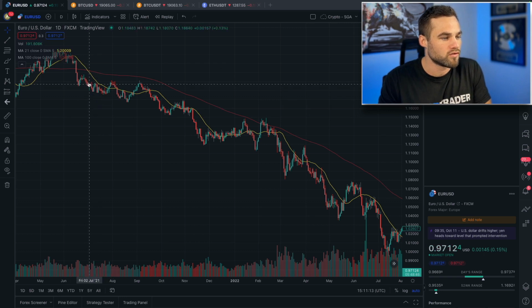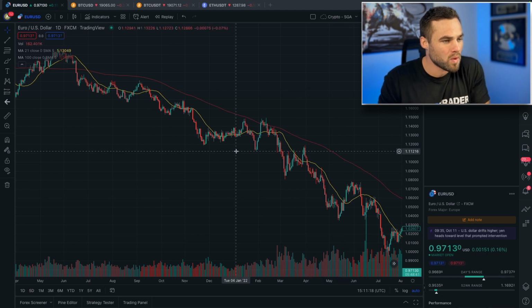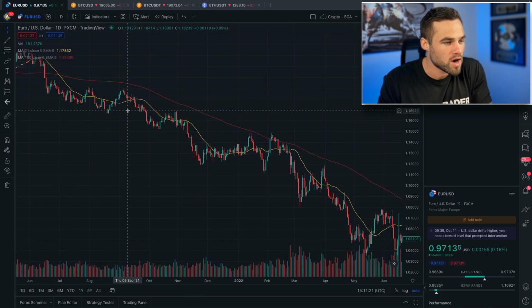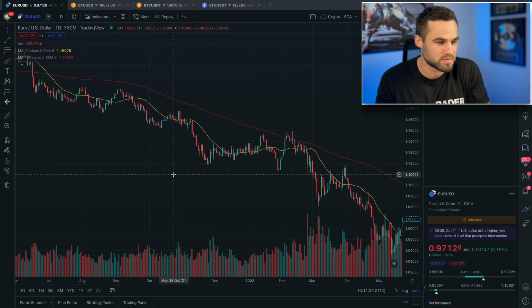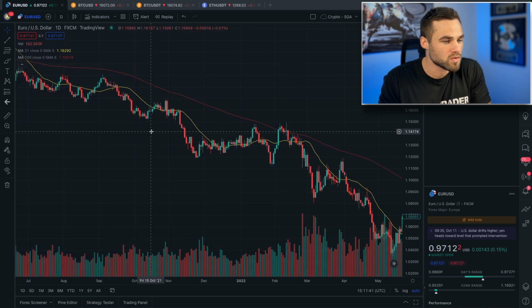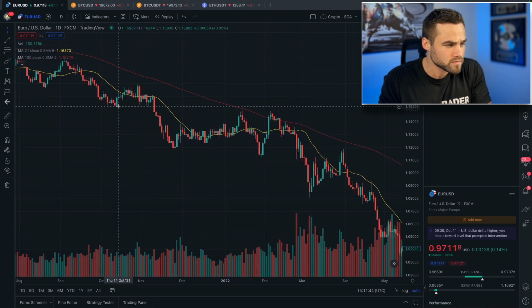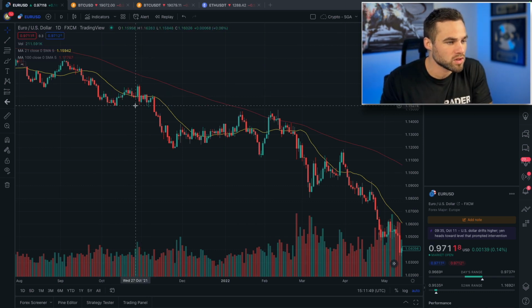So essentially what we're looking for is we notice that, yes, the market is in a clear downtrend. And what we're waiting for is price to pull back to these moving averages, right? So the way we can think about this, as price moves further and further away from these moving averages, we can think of price being more and more oversold. And I'm sure if I slapped on an RSI or a stochastic, it would say that the market is becoming more and more oversold during this zone. So essentially what we're waiting for is the market to pull back towards these moving averages, okay? And we're looking for that